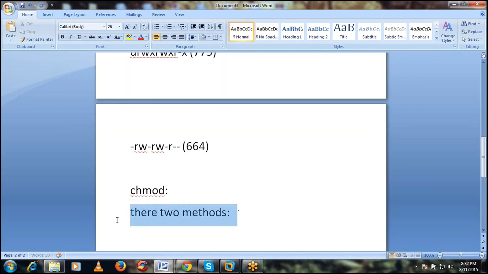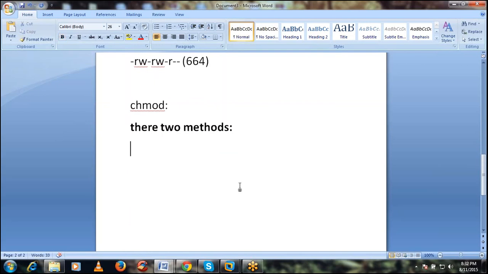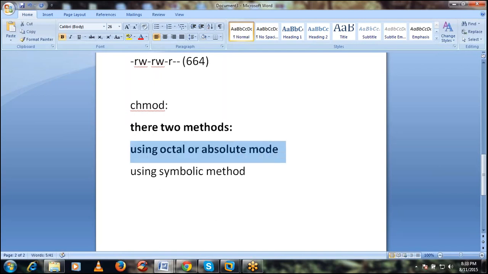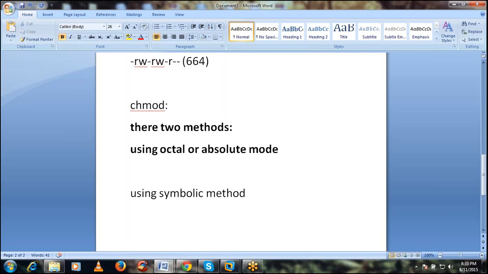One is the octal or absolute mode, and the second is the symbolic mode or method. Let's see the first method. In octal mode, read permission equals 111, which means three groups: user, group, and others.